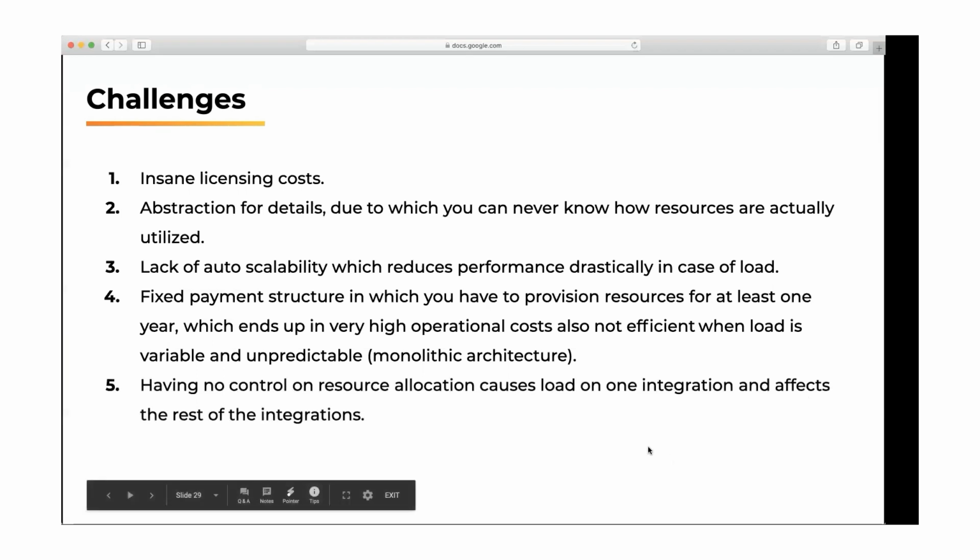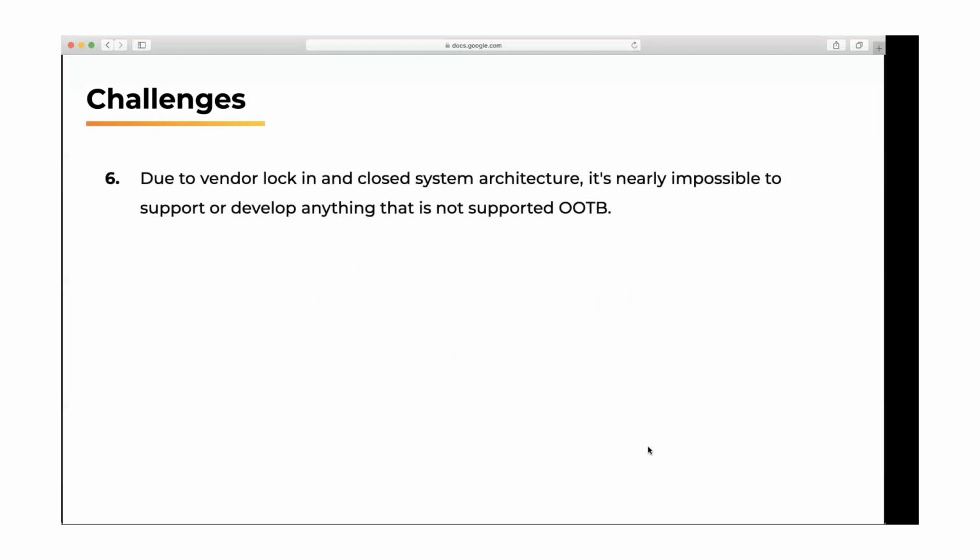And then they had no control over resource allocations, like a noisy-neighbor integration setup. If one integration starts taking more, the other integrations were affected. As I mentioned, they were using this whole setup in a SaaS model from the provider. They also had a vendor lock-in problem: if they wanted to use something outside of the platform that is not supported, it was not easy, it was quite troublesome work.